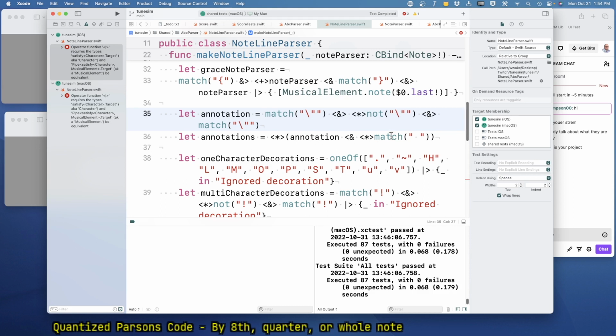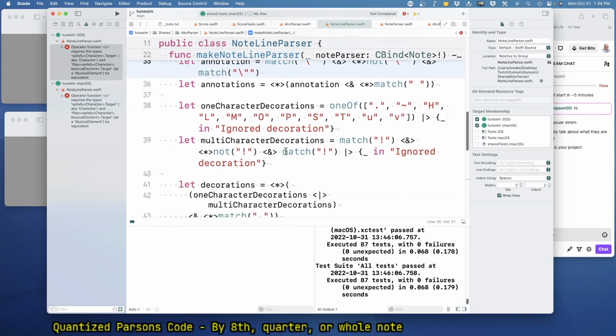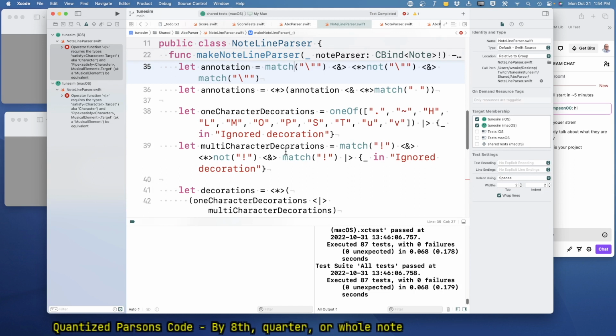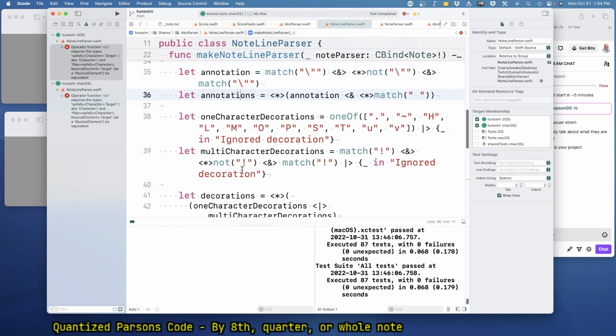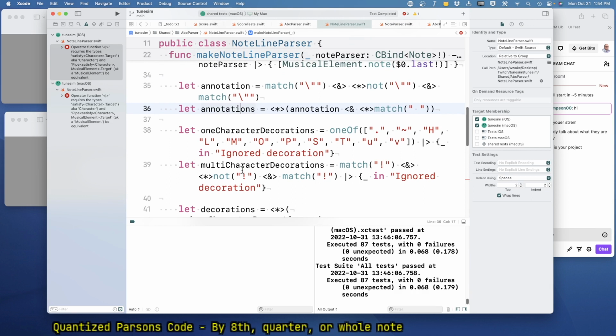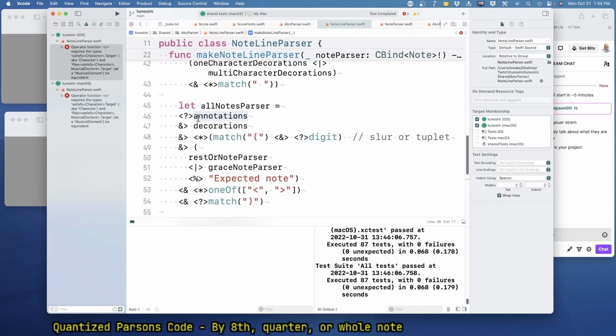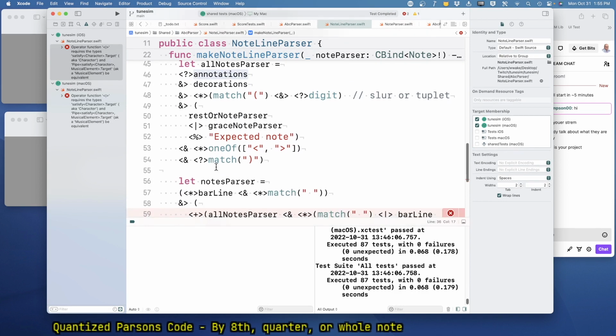That's your annotation separated by optional spaces, or followed by optional spaces. That would seem to be a string. Oh, we ignore it. We ignore it. Okay, yeah. So this thing,